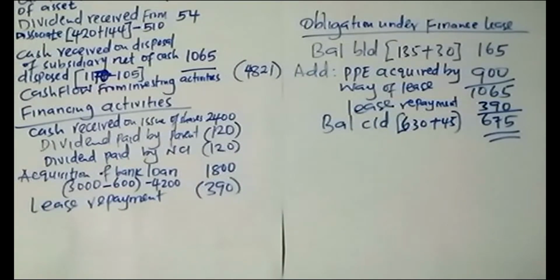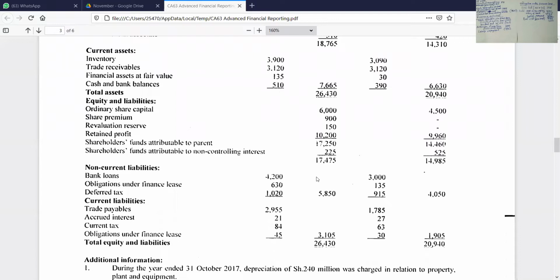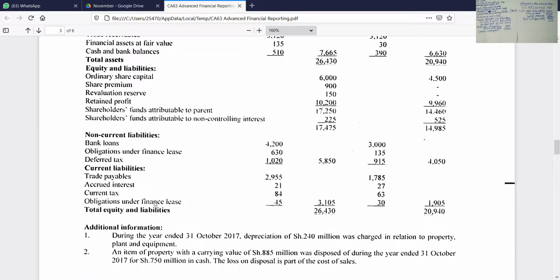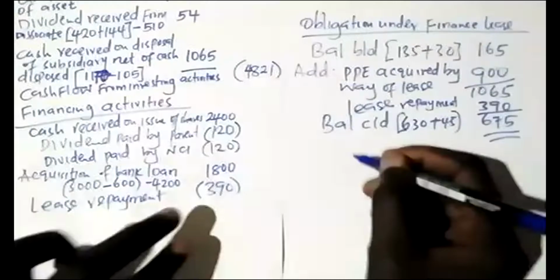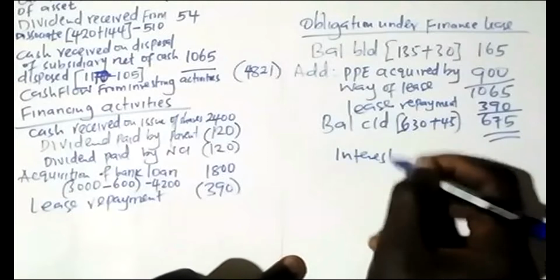So after that, I have to check if there is anything else. Mostly the main thing which would be remaining is maybe interest. Because here I can see deferred tax, that one we are done with, because we subtracted that under operating activities, we combined with current tax. So the only thing which is remaining is interest. There's an accrued interest here, which we need to incorporate. So we need to determine interest paid.